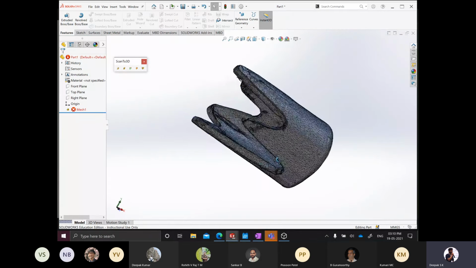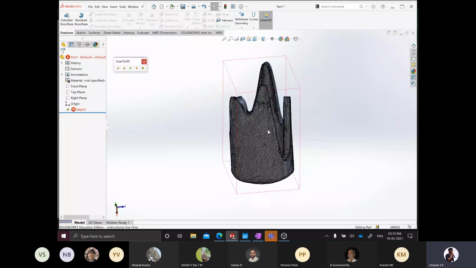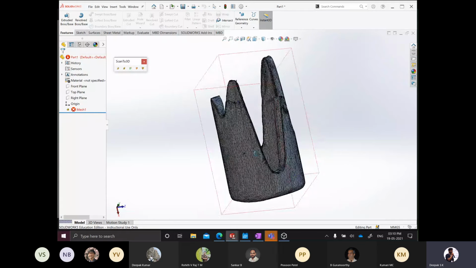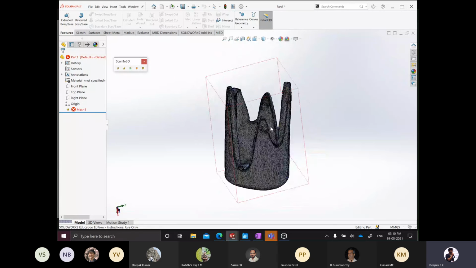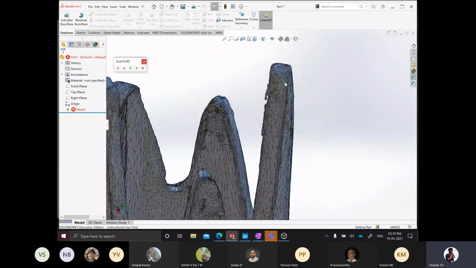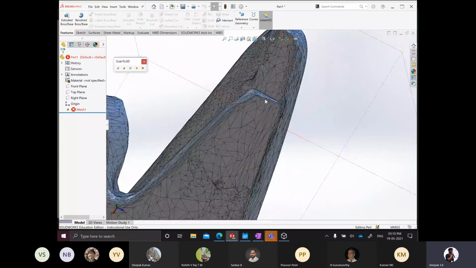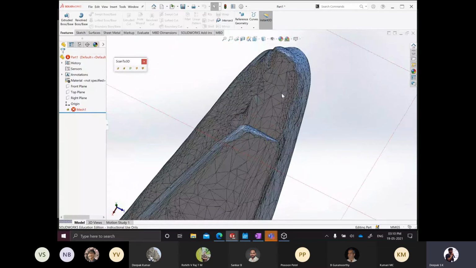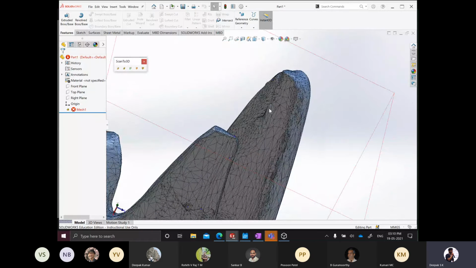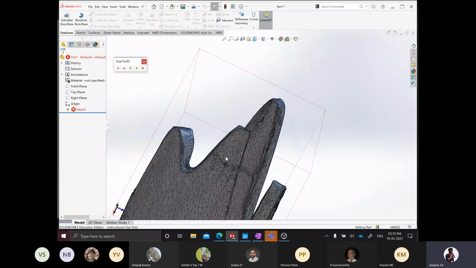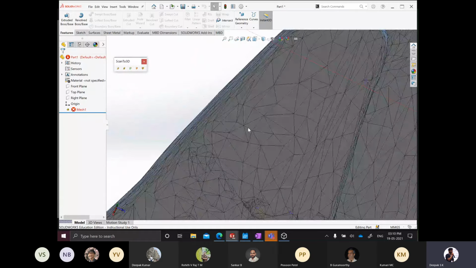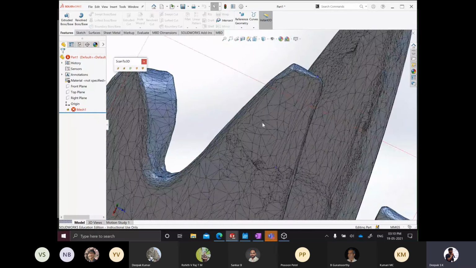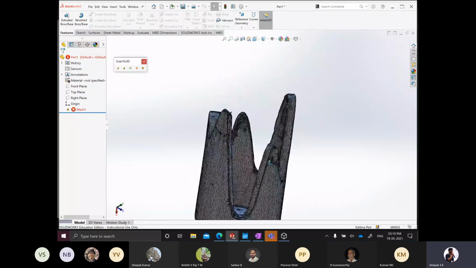This is another project from our senior batch. You can see this is the 3D scan that they have got. Now you can see that there are a lot of discrepancies. Each of these triangles represents one patch of surface. The entire 3D model, or the entire cloud point, is made up of these patches, and the nodes of these are actually the cloud point data. The lines are drawn in between them to represent them in the form of patches, which make up the whole 3D model as a visualization now.